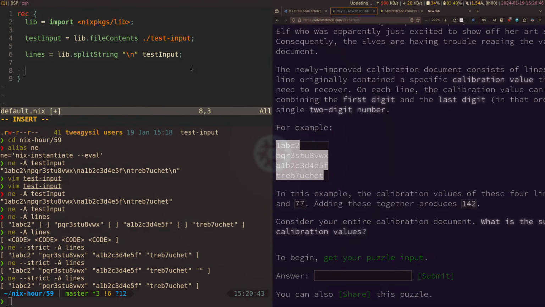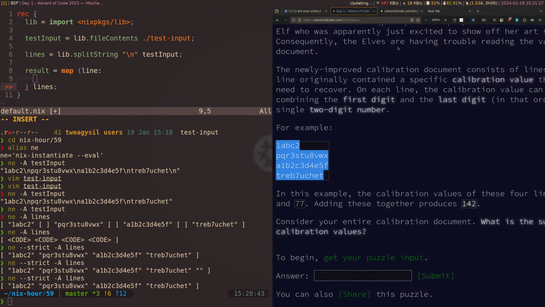Now let's do a function to turn the line, or maybe, how should we do this? Each line can have arbitrarily many digits. We only want to get the first and the last. Maybe let's just split the string into individual characters and filter for numbers, something like that. So let's say, I'm just going to do result here, and we're going to map each line. So we take the line, one for each, and then for the line we can use, actually, let's use